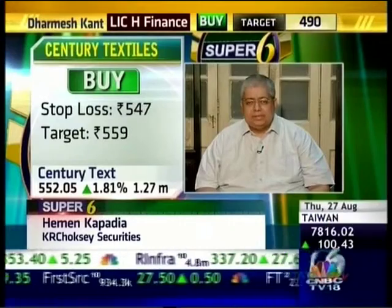I have a buy call on Century Textiles. Century is deeply oversold, indicating a limited downside. The mechanical indicators on the intraday charts have turned positive, have signaled a buy, indicating the stock's intention to appreciate further from here. One can buy Century Textiles at its closing of around 551, stop loss of 547, and a